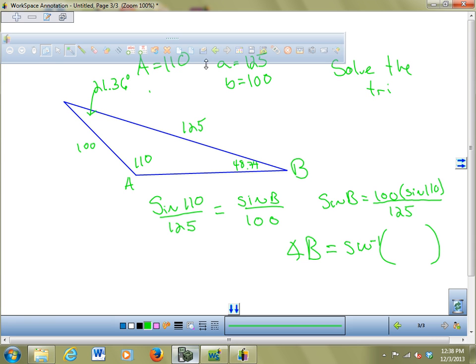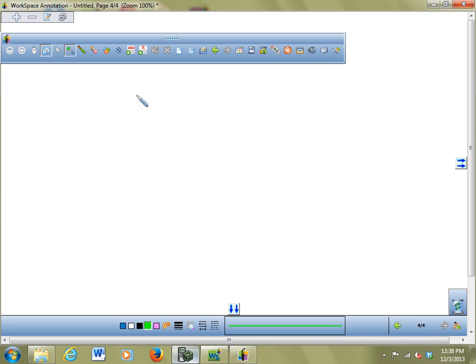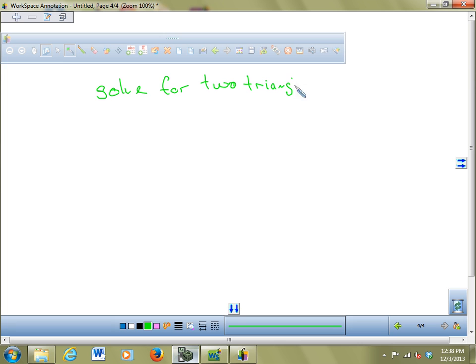Sometimes they'll tell you there's two triangles, but sometimes you'll just have to figure it out. So solve for two triangles. Maybe they'll say there's two triangles, but maybe they won't, and you'll have to figure that out. So a is 15. a equals 15. b equals 25. And